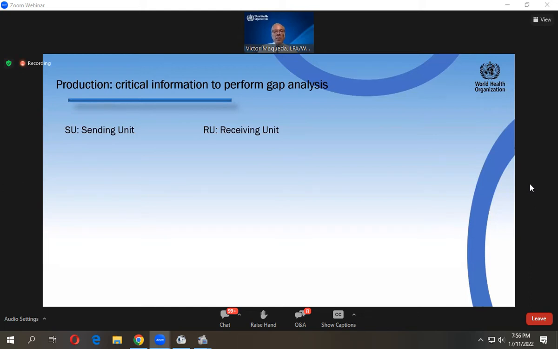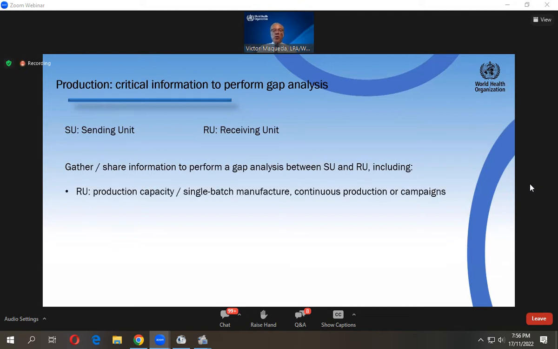Talking about the gap, of course, in order to perform an adequate gap analysis, as with any other gap, we need to gather the right information. We need to share the information to perform this gap analysis between the sending unit and the receiving unit. Examples would include the production capacity, whether it is single batch manufacturing, continuous production or campaigns. These are very basic